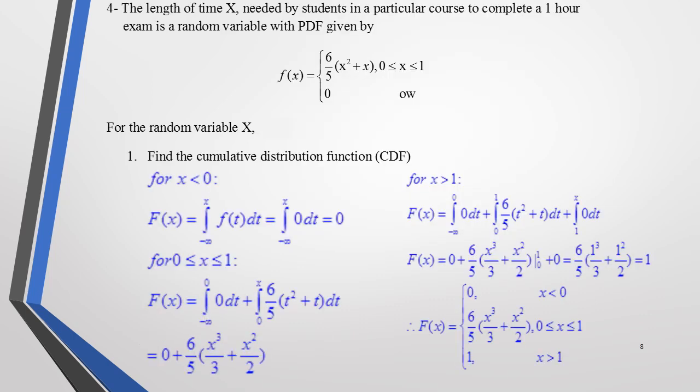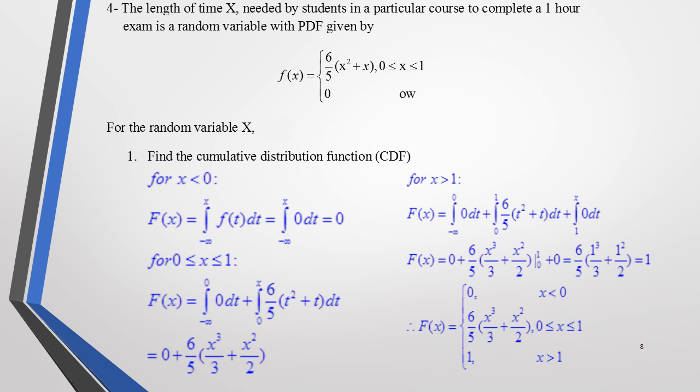Number 4. The length of time x needed by students in a particular course to complete a 1 hour exam is a random variable with PDF given by this form. Number 1. Find the CDF. Again, the CDF equals the integration from negative infinity to x of f of t dt. So for x lies between negative infinity and 0, the CDF is equal to 0 since f of x equals 0 in this interval. And for x lies between 0 and 1, the CDF will be equal to the integration from negative infinity to x of f of t dt, which equals the integration from negative infinity to 0 of 0